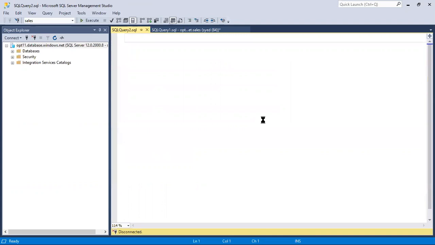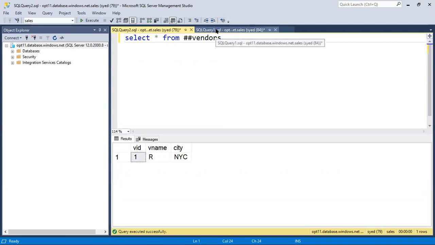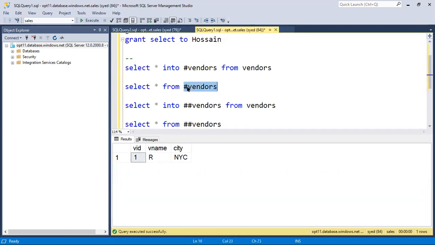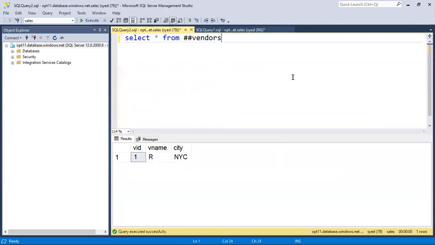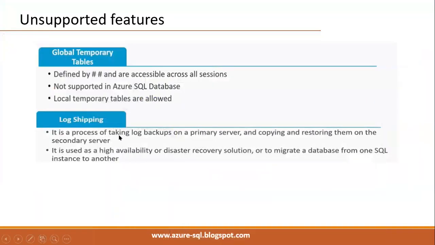And the same query we can run using another session also. There also it works. But a local temporary table we can't access from another session. Here it throws an error. Like this, both global and local temporary tables are supported. Right.